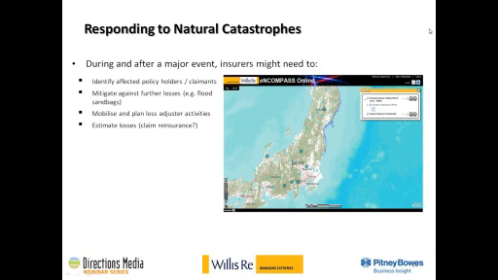We also, maybe after a flood, want to mitigate against further losses, so we might want to identify buildings that we could protect. Insurers probably